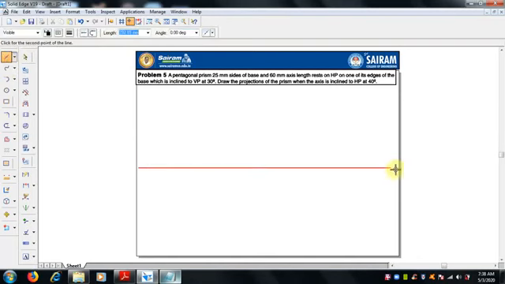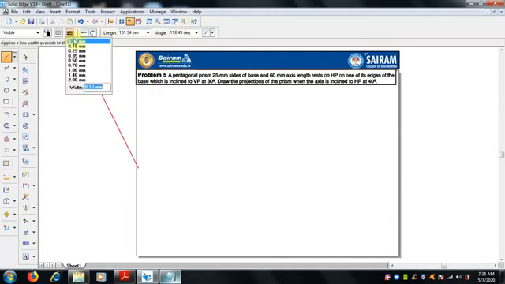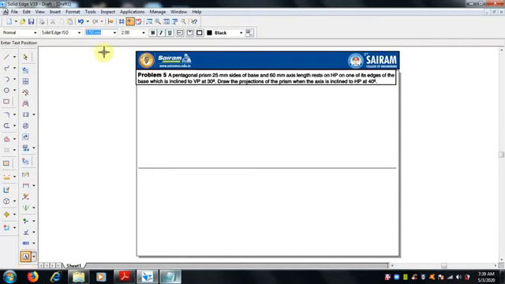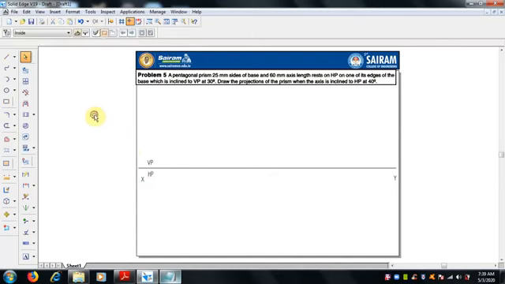First, we have to draw the reference line. Select the line command and draw a reference line. Let me go for 1.5 scale, and I will mark X, Y, with VP above the reference line and HP below the reference line. So this initial work is over.